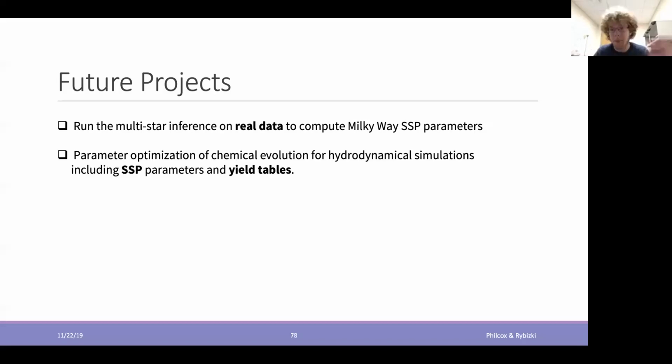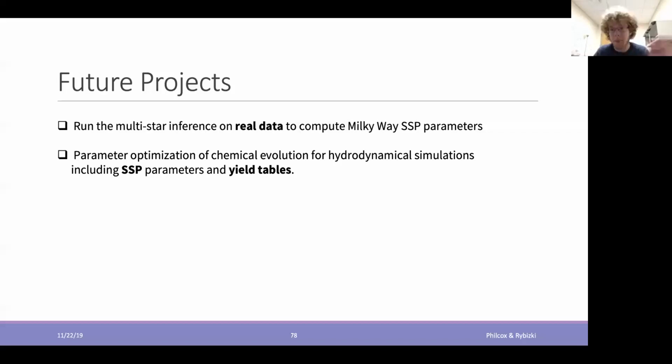Then something else would be to optimize the chemical evolution parameters for hydrodynamical simulations, including those parameters and looking for the best yield tables. So in essence, score yield tables and look for the best SSP parameters, simple stellar population parameters, to reproduce the data that we have.